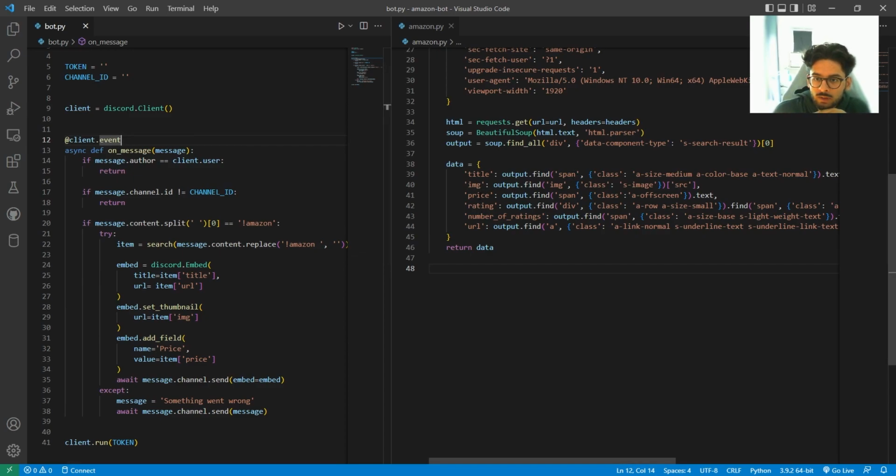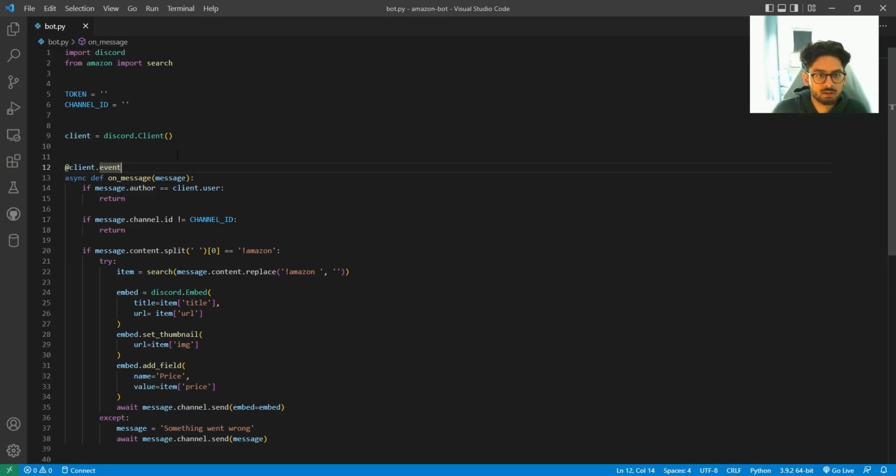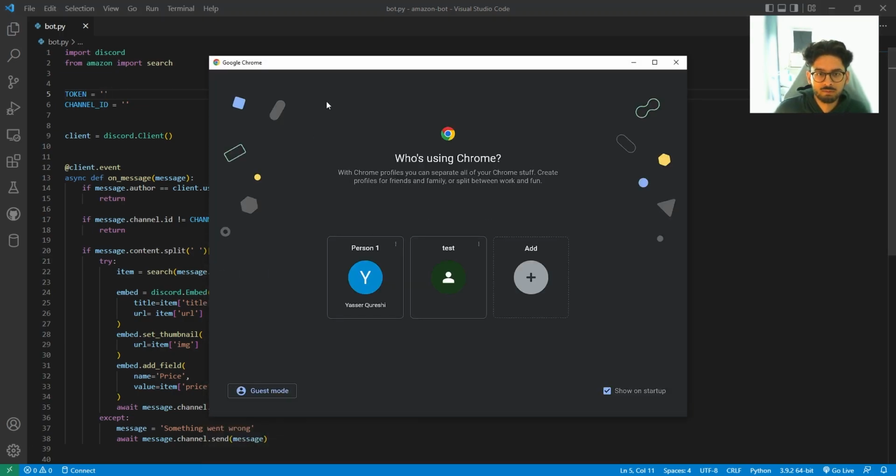Yeah, you can add all the other details in as fields. Just so the video doesn't get too long, I'm just going to keep it like this. And now all you have to do is put in your token there. You can get your token from the Discord application site. So if I go on to Discord developers,